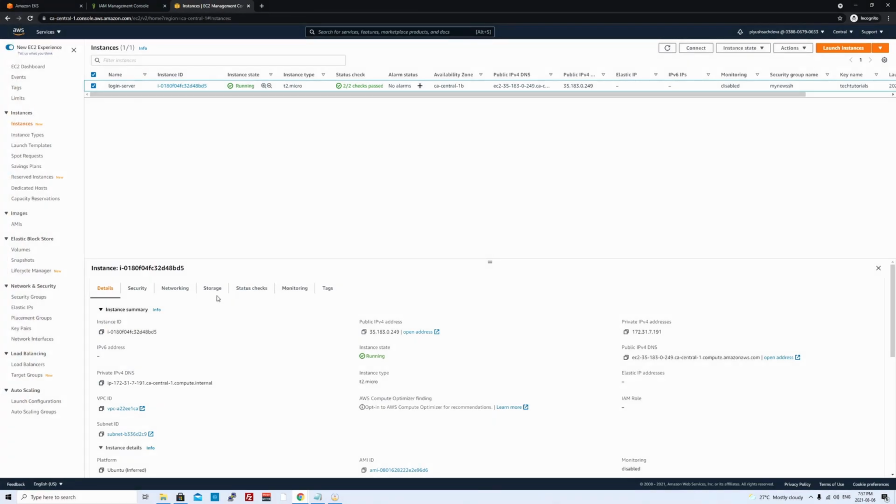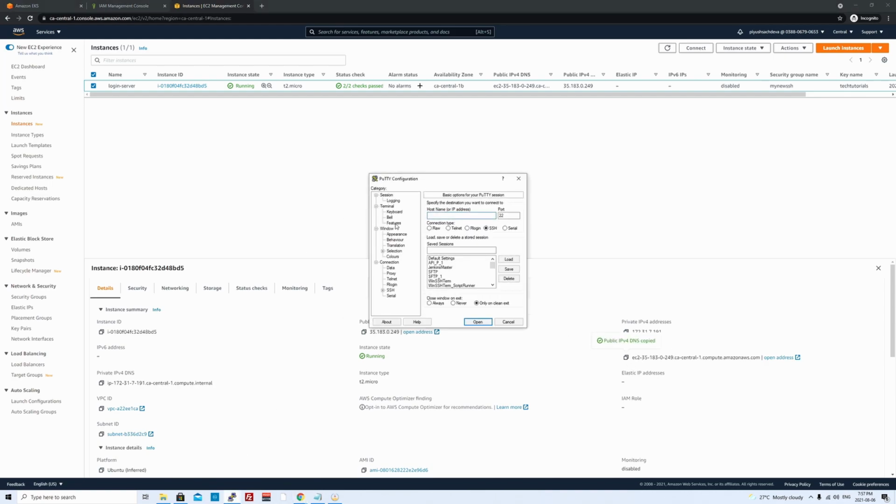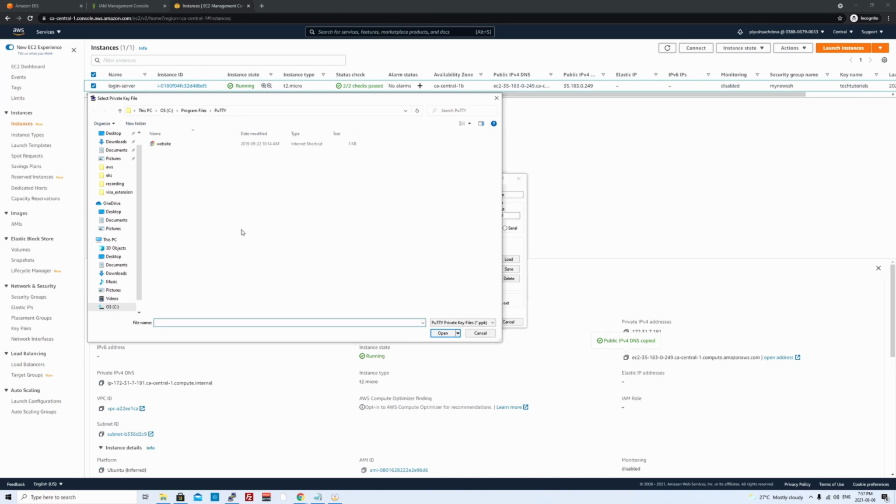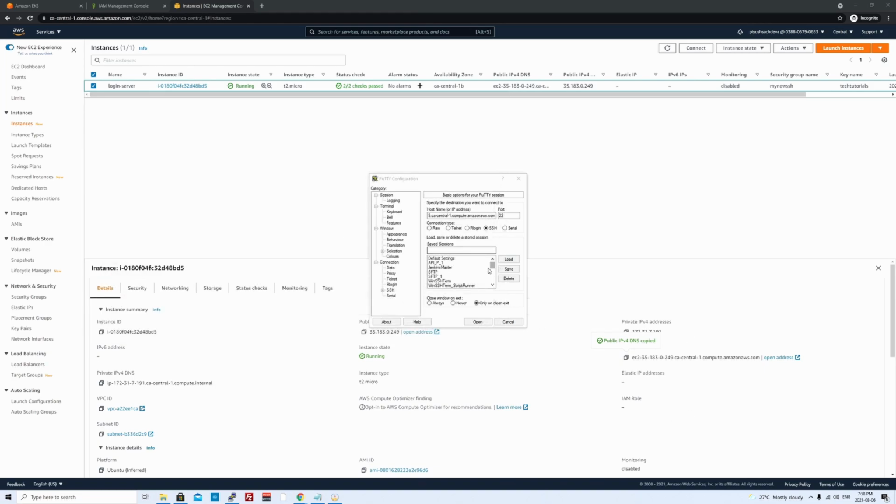Okay, so I've waited for some time and my EC2 server is now up and running. So what I'll do is I'll grab the public IPv4 DNS from here and I'll open this in the PuTTY session. Okay, before that I need to import the key as well, which I have used to create the server. So I have a Pageant running already. I'll do an add key. I'll use the key tech tutorials. This is what I've used to provision the instance, and I'll open it. So it has imported the key.